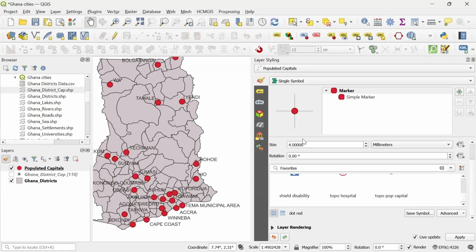Now when you scroll down here, make sure it's on the marker. When you scroll down here, that's what we call advanced. Advanced, can you see it? We are going to use the advanced to design the proportional circles to show the various cities by category, the population on the map. So you click on the advanced, we have what you call